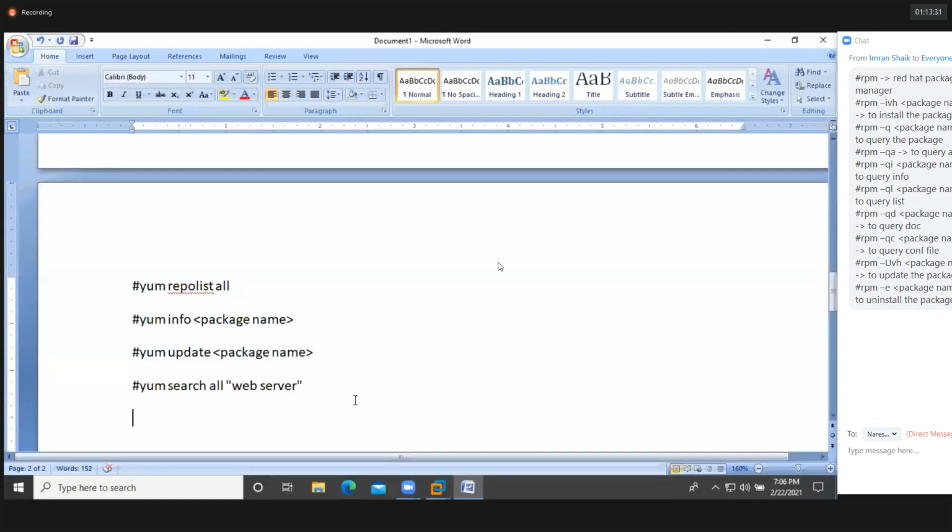So yum install SQL, and here we don't have SQL, we have MariaDB. So SQL is renamed as MariaDB, okay? Why will it install without any question? If you're not providing the -y option, what will happen? It will ask the question y/d/n like this. Then you manually need to provide the y, and only then is it going to install. If you provide the y at the time of installing the packages, it won't ask this question. Automatically it will install. Okay.